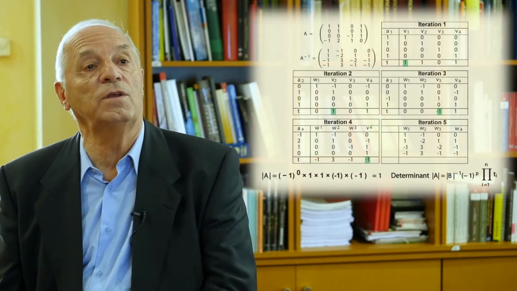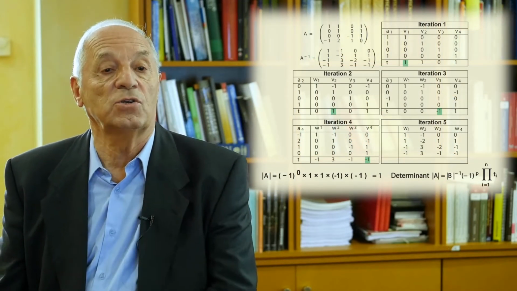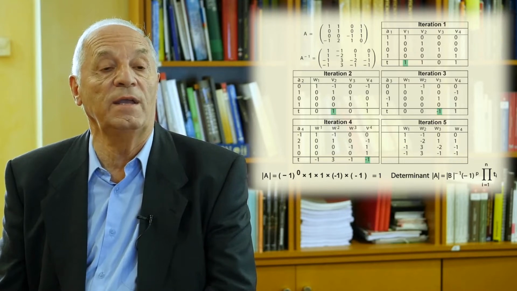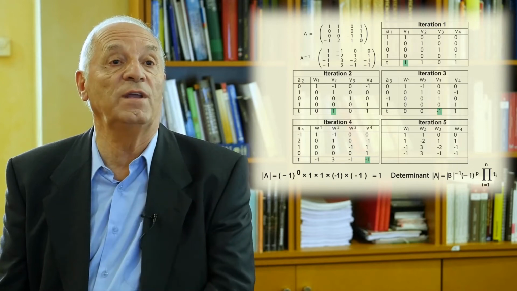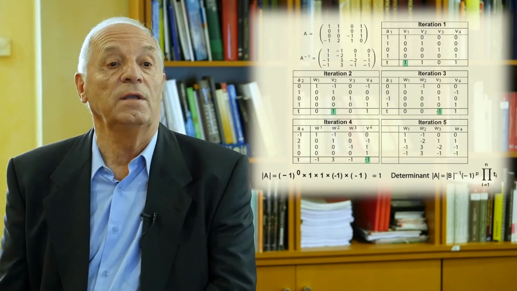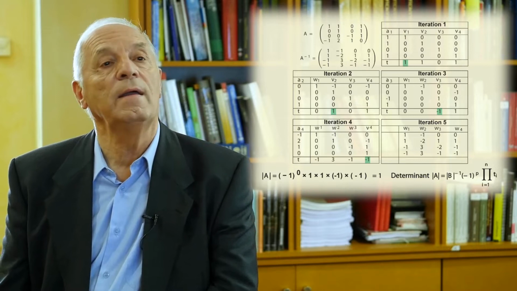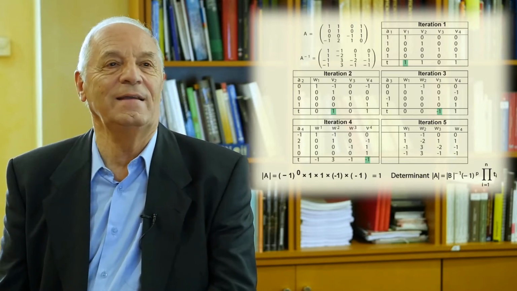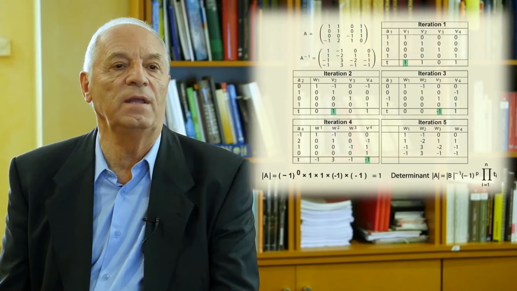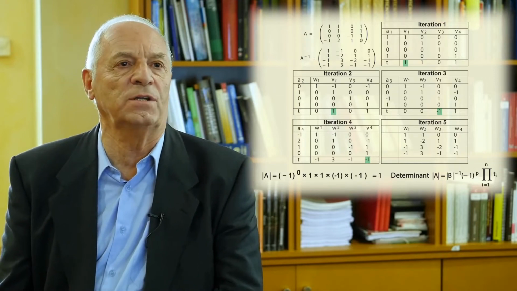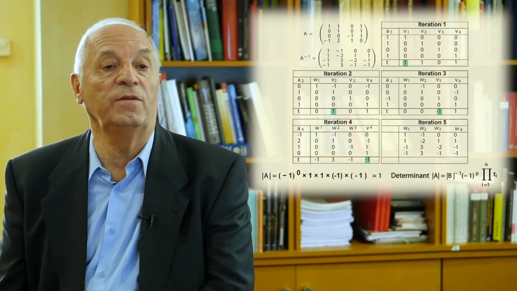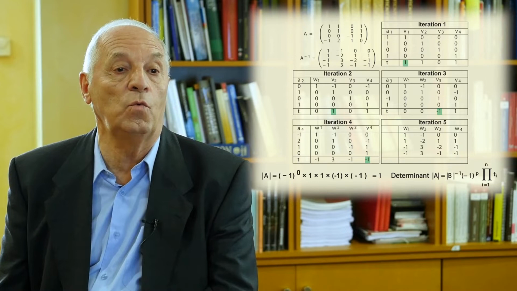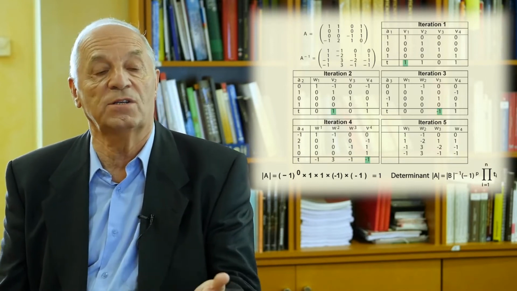If you pivot in a different order, you need to make some changes so that the formula of the determinant is the determinant of the initial matrix. Normally we start the algorithm with the identity matrix. The determinant will be 1, but we can start with any non-singular matrix. Any matrix with a determinant different from 0 is valid to start.